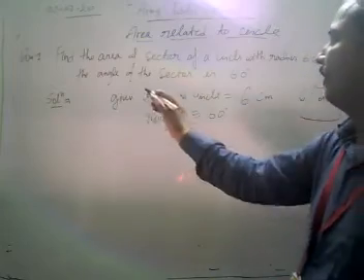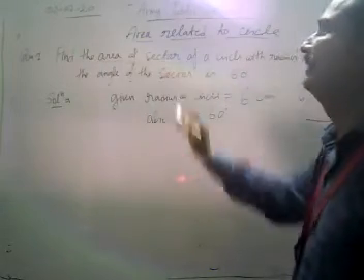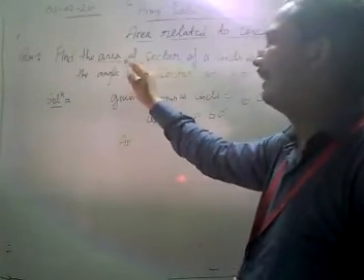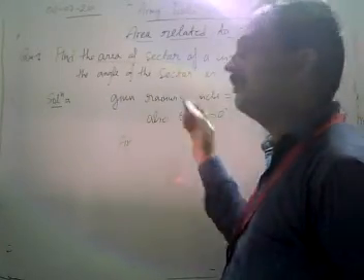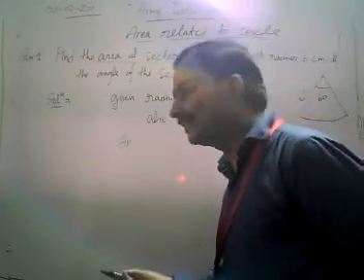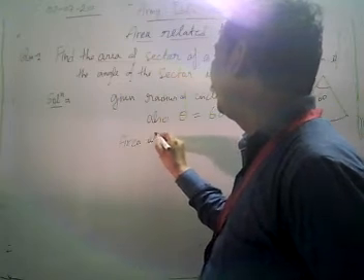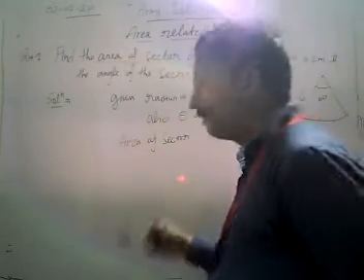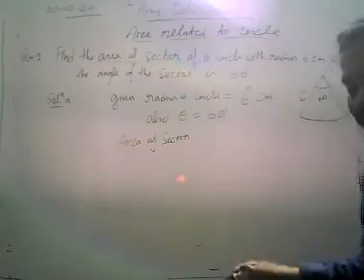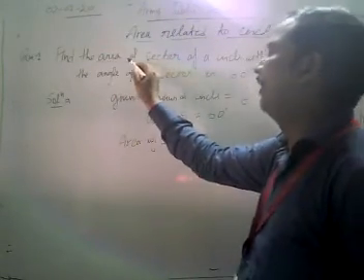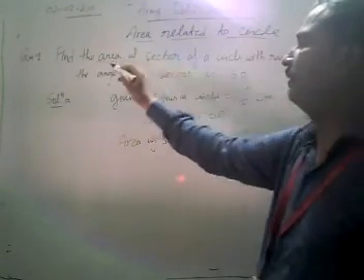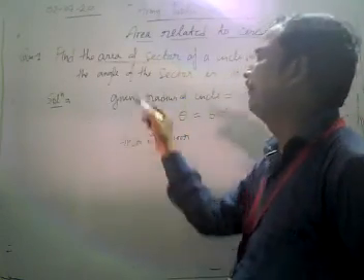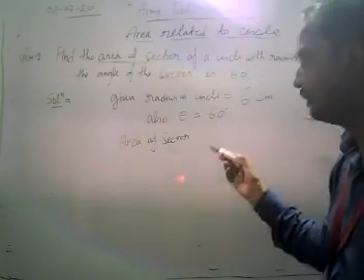Now, what we have to find? We have to find the area of the sector. What is the formula of area of sector? Here it is mentioned area of sector, which means we have to find the area of the minor sector. If it asked for the major sector, it would be mentioned to find the area of the major sector. But no sector is mentioned, so we suppose that we have to find the area of only the minor sector.